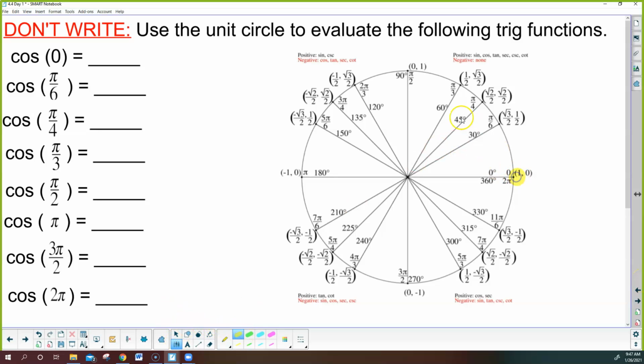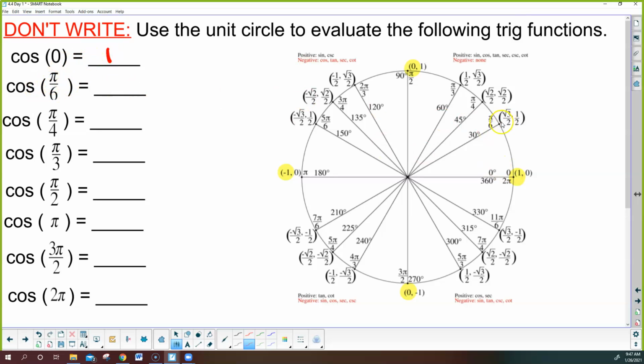We have the x values at the 4 special quadrantial angles: 1, 0, -1, 0. So at 0,